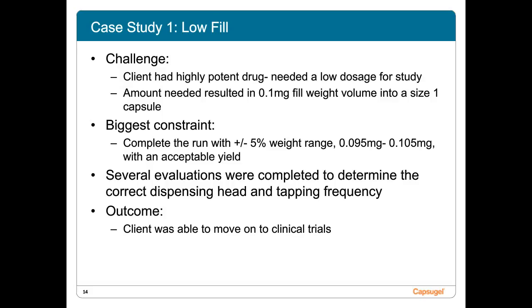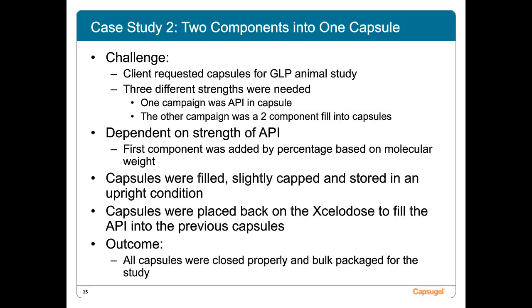Case study 2, this was unique for us. The Xcelodose works in an aspect where it's filling a capsule, and basically that fill weight is going to be generated into your run report and your batch reports, and then that's basically the drug product itself. In this particular case, since we're working in the experimental area, the client wanted to actually fill in 2 components